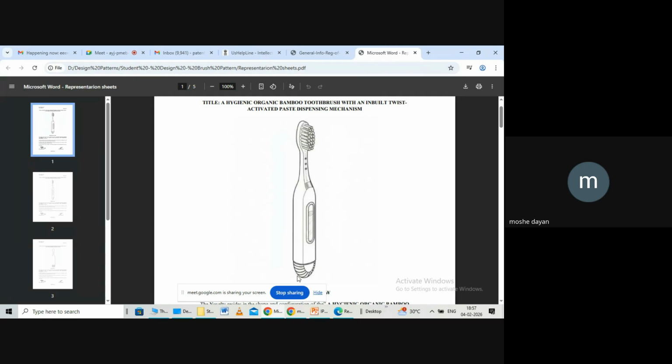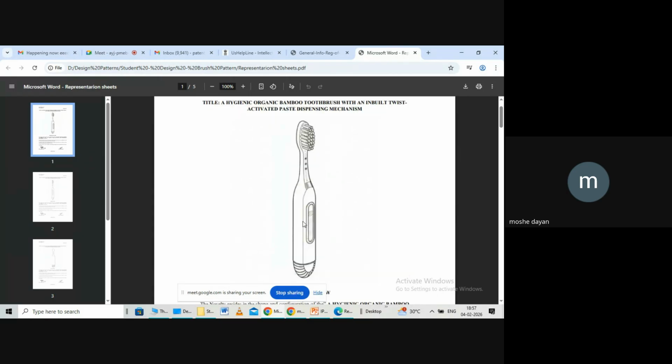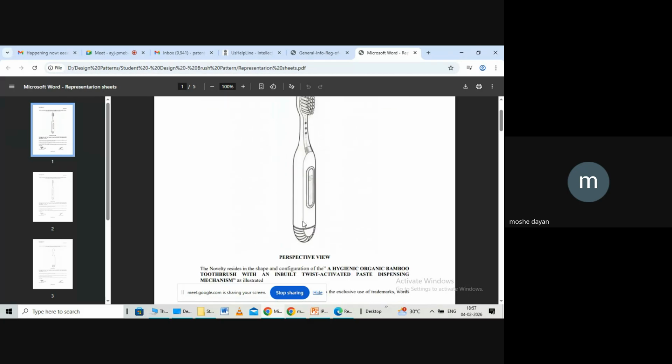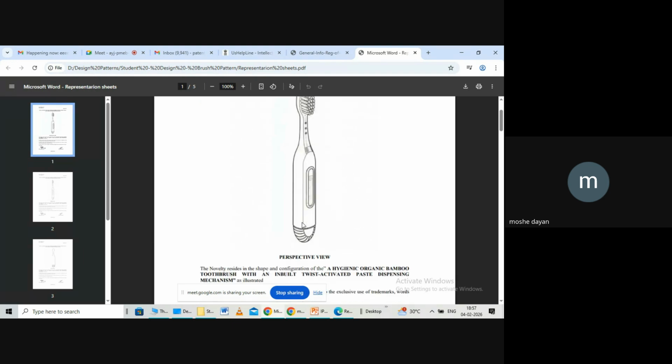So the statement of novelty talks about the one thing which is novel in this innovation. Generally, when we write too many technical things, the controller will simply suggest that we give the statement of novelty as: novelty resides in the shape and configuration. Because this is something very generic, the controller need not get any confusion, and he will grant the patent. Sometimes when you want to do something different, in those cases you need to be very precise in writing what the novelty is and write the statement of novelty accordingly.